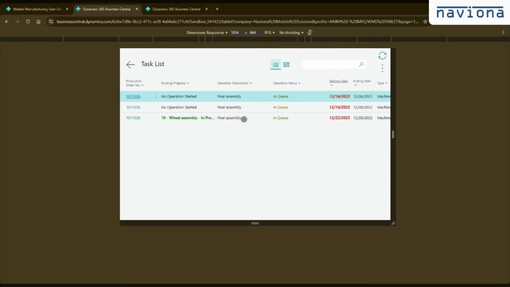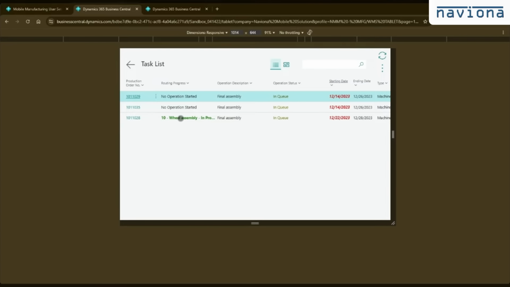And these are things that are queued up. So in my case here, I have 3 production orders that are queued up for me to work on. The routing progress shows me information of the other operations in the same routing. So the way this is used now is that if I'm in the final assembly, I have my tablet, I can see that there's 3 production orders in my queue, and I can see that this one production order here,